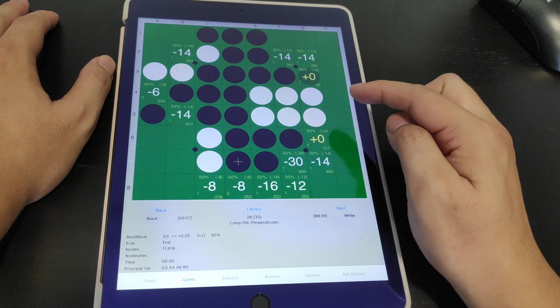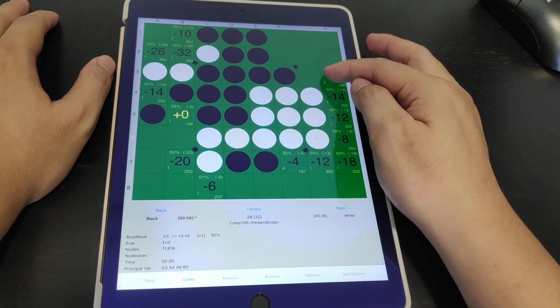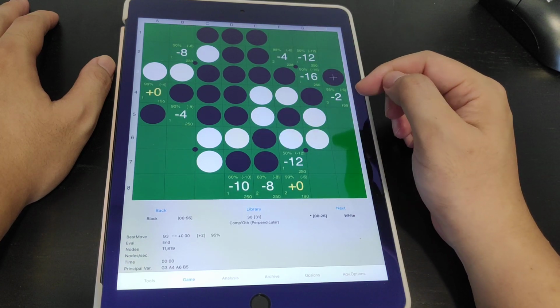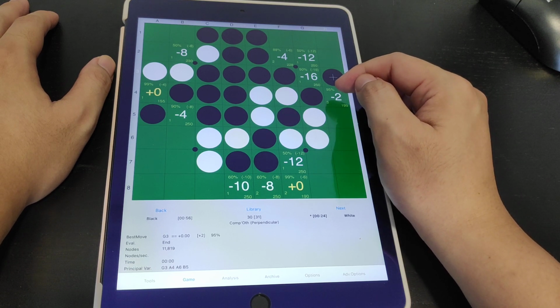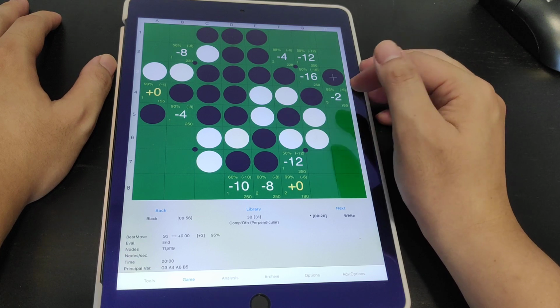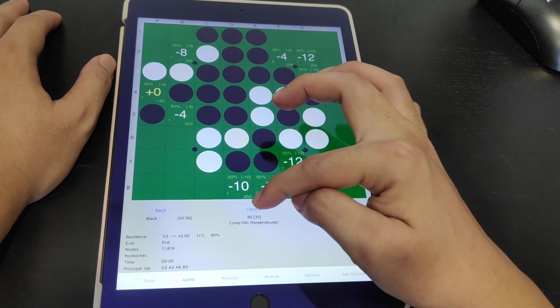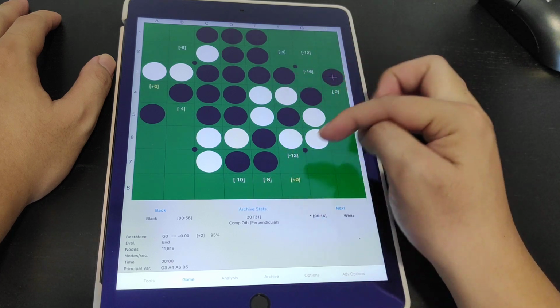I wanted to take a quick look over here at this move that was played. This is +0, and this is a -2. This is a +0. So basically, if you downloaded a full library, you'll be able to see all these draw lines pretty quickly. And of course, if you toggle to archive stats,